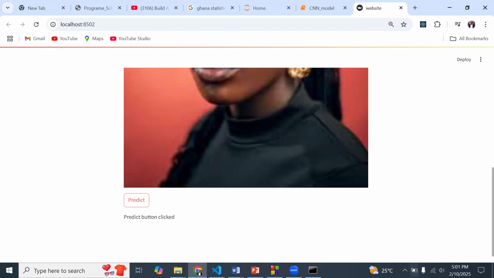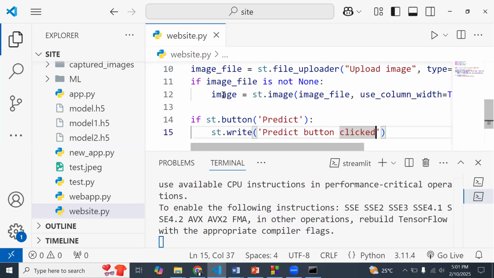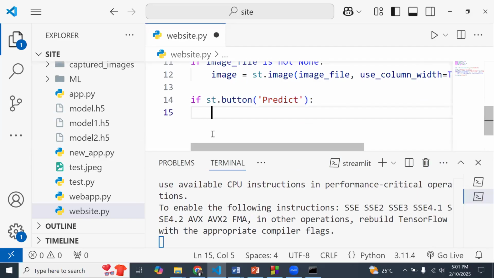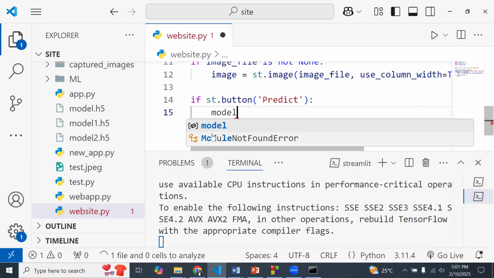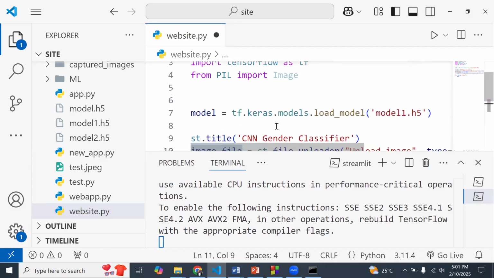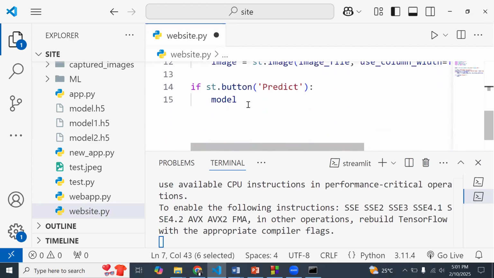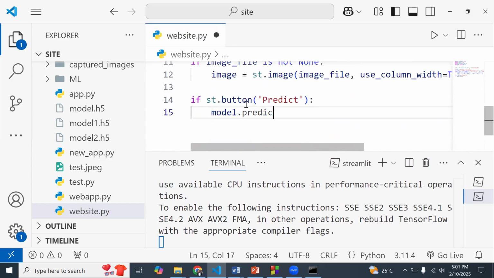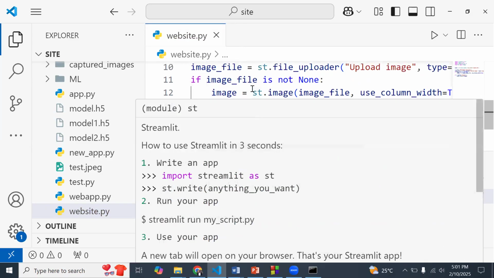Okay, so I'm back. So this is what we have so far. Now that we have the image, we probably want to do some feeding, because what is left for us to do is to use the model, which we have imported as we have over here. What is left for us to do is model.predict and then pass in the image over here. But that image needs to be processed one way or the other.